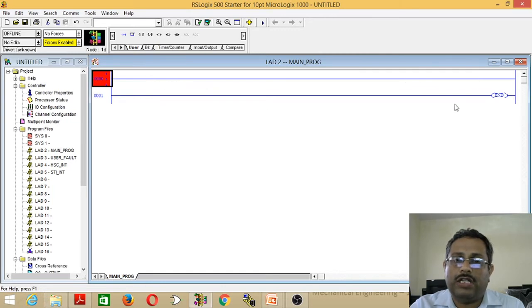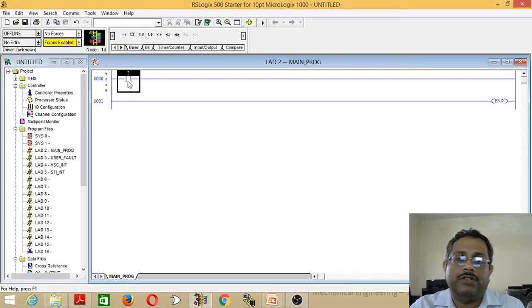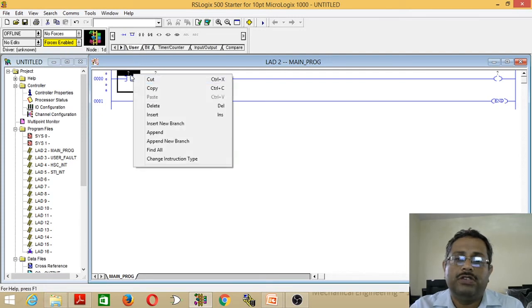If you switch on a circuit, the bulb should be on. To switch on, we need one input contact, and I will use a normally open contact. Click on that, click on here and click on here, it will automatically place on the rung. Then we require one more output coil, click just here, it will place at the end. If you want more contacts in between, just click like this and insert, it will be inserted. If you don't want that one, you have to right click, cut.